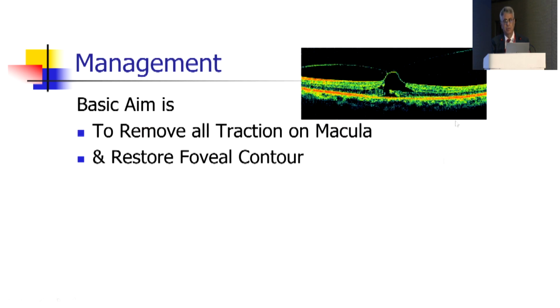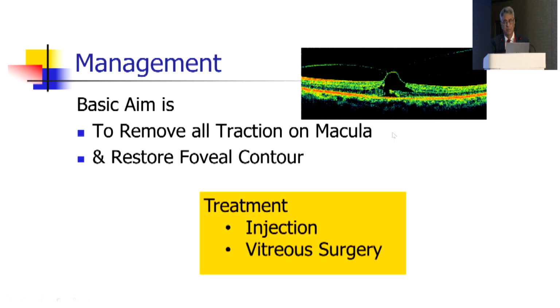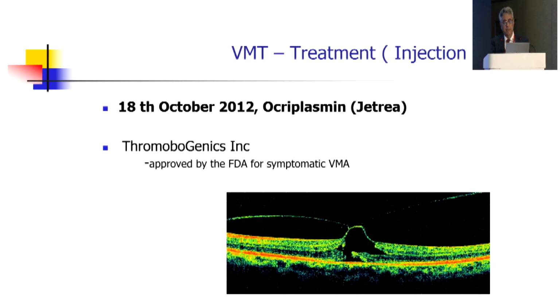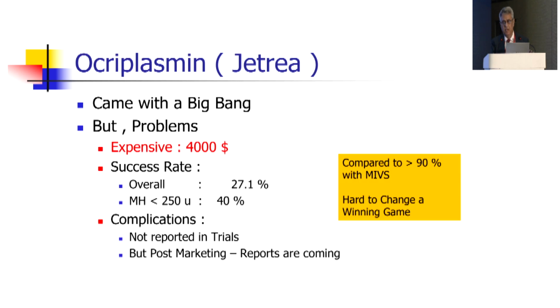And the basic aim is to remove this vitreous, and it's a reasonably easy surgery. All of us are accustomed to doing MIVS, but a decade back came ocriplasmin. It came with a very big bang and went out with a bigger bang, actually. I don't think anybody uses Jetrea, although the company may still propagate it and a lot of trials keep happening,